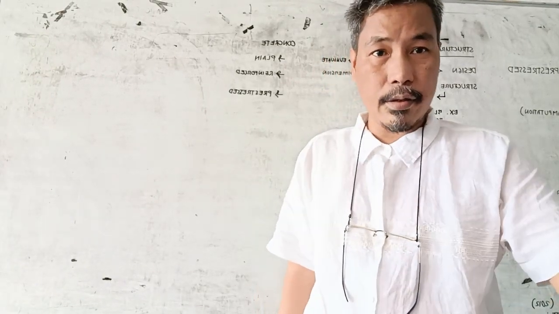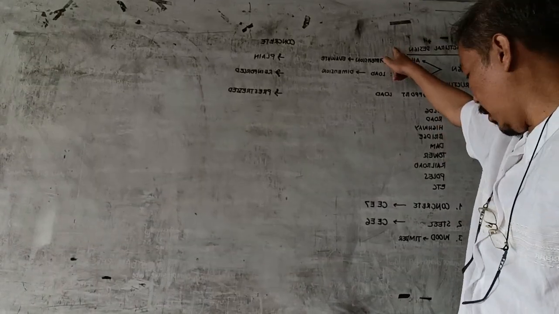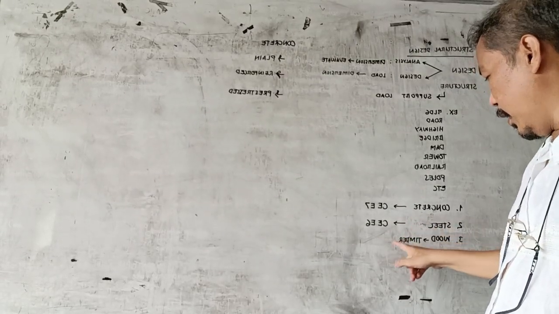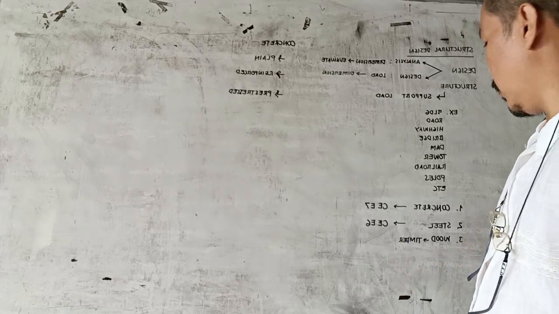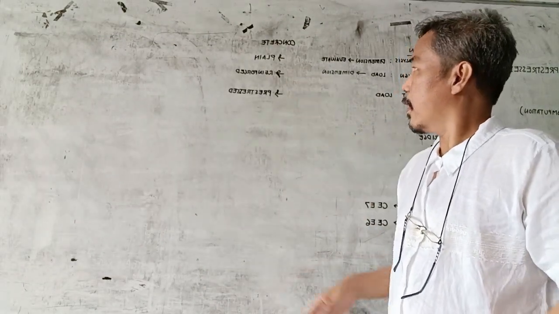Okay, so let's continue our discussion on the different structural design. Number one structural design is for concrete, and then for steel, and then for timber. So when we are talking of this particular course, we are talking of concrete. So concrete, there are three